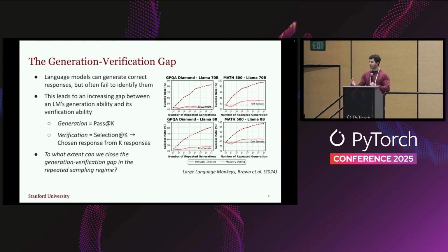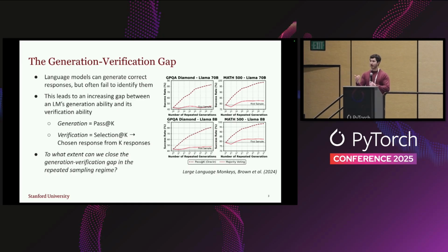And so even with this approach, we saw something that's been termed the generation verification gap, where a lot of language models are actually capable of correctly generating responses, but they're not able to verify which of their responses is incorrect. You see this as you continue to sample more and more from a single LM: as you generate more and more responses, your coverage, or your ability to correctly answer a problem, continues to climb, and you even reach 100% on a lot of these different tasks.